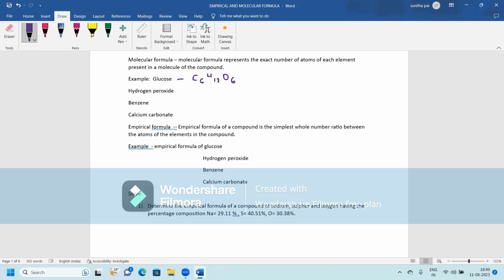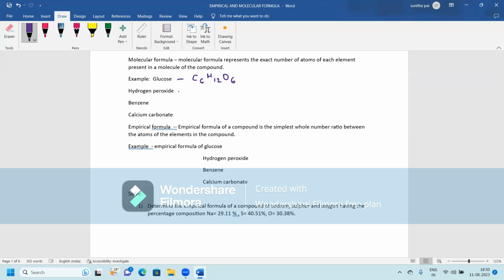Now, the meaning of this word molecular formula is it gives us the exact number of atoms of all elements present in one molecule of the compound. Now, in glucose,